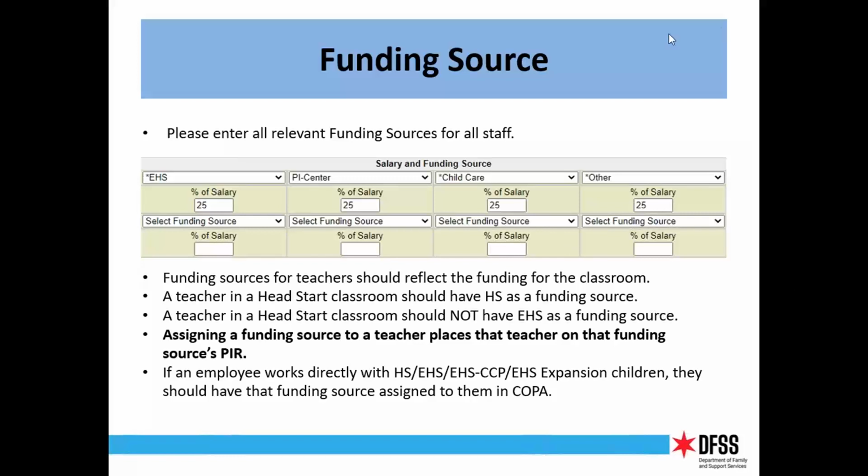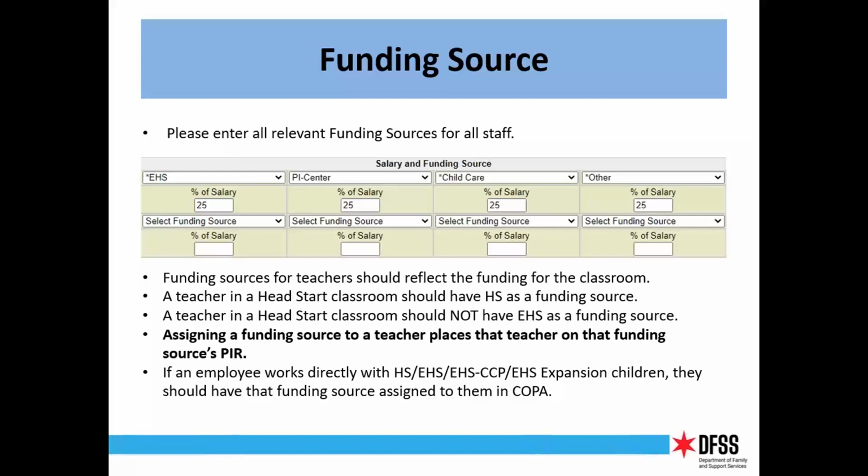Okay, the second thing is that we should not have mixed funding sources between age groups for classroom staff. And unfortunately that is true even if that's really how they're funded, because perhaps they're doing disabilities work as well and they do it for both age groups. So 5% of your Early Head Start teachers' salary comes from Head Start. I don't know, but we don't want that in their staff file, even if it's true, because if they have